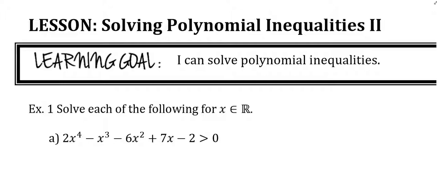Yesterday, all of the inequalities that we solved were in factored form already. What do you notice about this? Yeah, it's not in factored form, so we have to factor it first. Have to. There's no other way of doing this. So if you want to go ahead and get started,